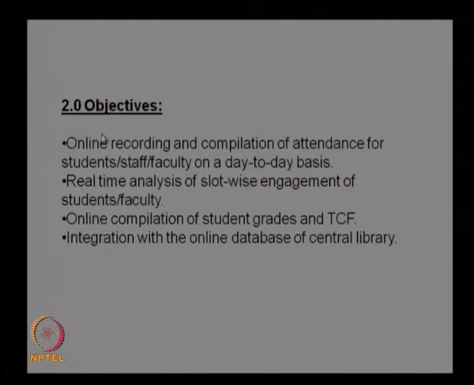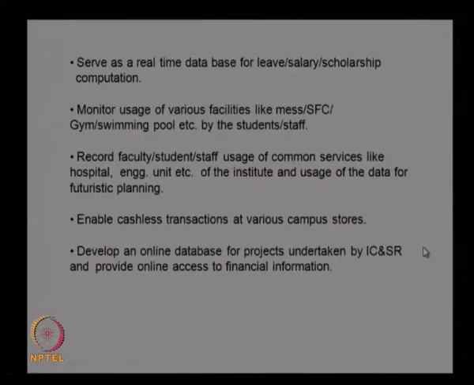So as I mentioned, the main objectives are online recording and compilation of attendance for students, staff and faculty on a day-to-day basis, real-time analysis of slot-wise engagement of students or faculty, online compilation of student grades and teacher course feedback, integration with the online database of the central library, and serving as a real-time database for leave, salary and scholarship computation.